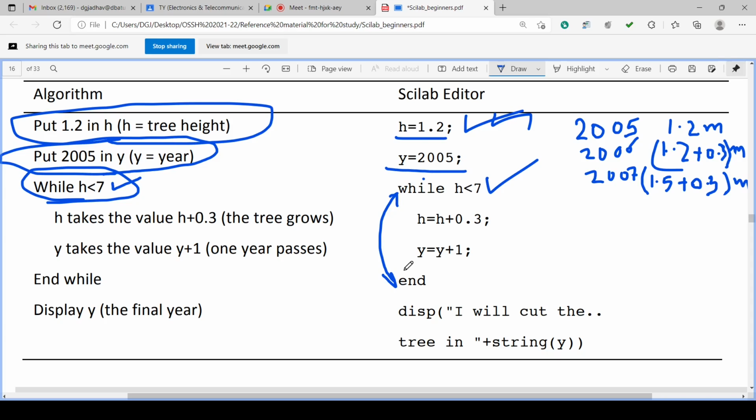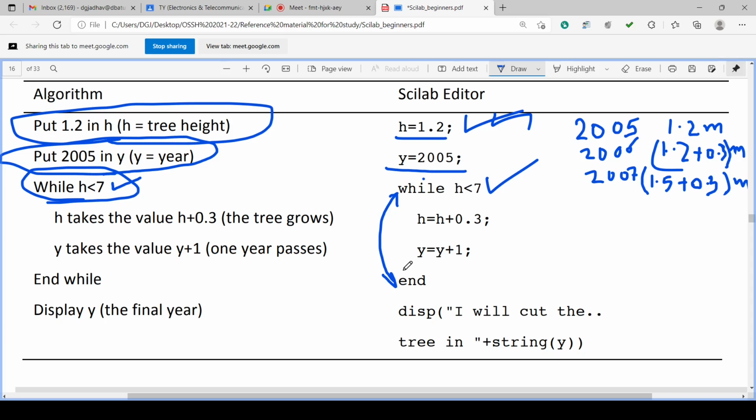Then 2006 becomes 2007, and height becomes previous height plus 0.3, and this goes on till the year is achieved where h is 7. Unless and until h is less than 7, it will go on executing, looping, repeating, iterating.